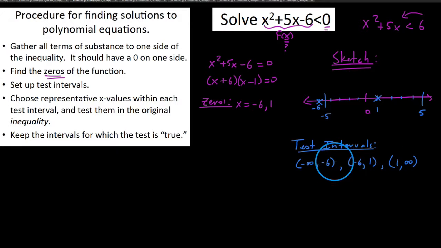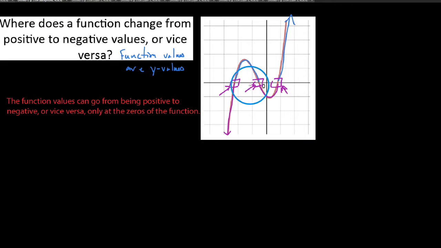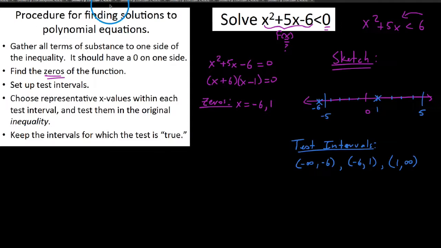So basically you can see that these two zeros split up our number line into 3 subsections, and what we want to know is whether our function is positive or negative in between the zeros here. Because remember that our function has to be either all positive between two zeros or all negative between two zeros. But what we want to do